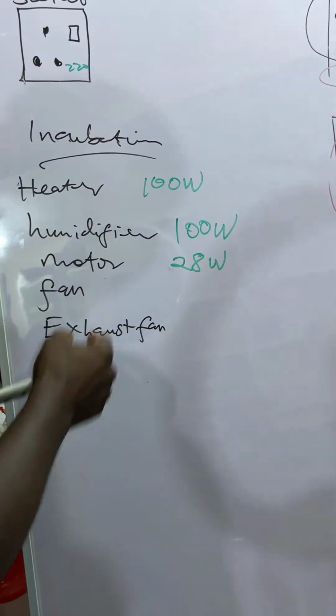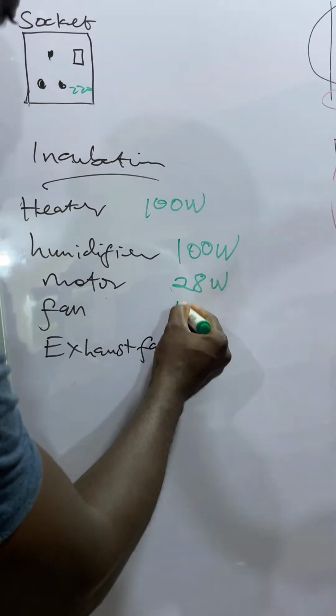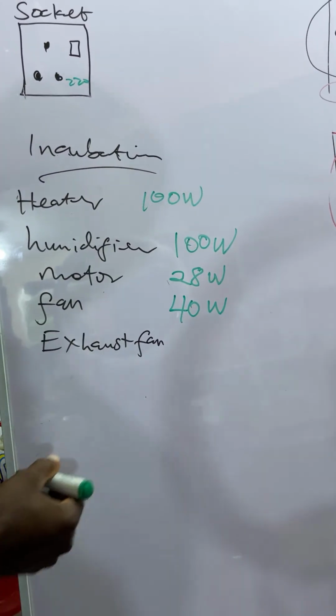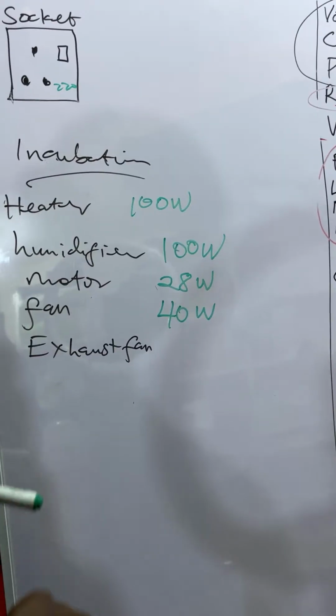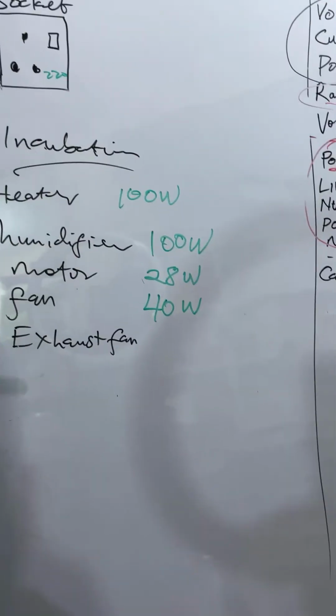So let's say our fan is 40 watts. Okay, 40 watts. You know, at Mykit shop, we know the wattages of our things. And then let's say our fan